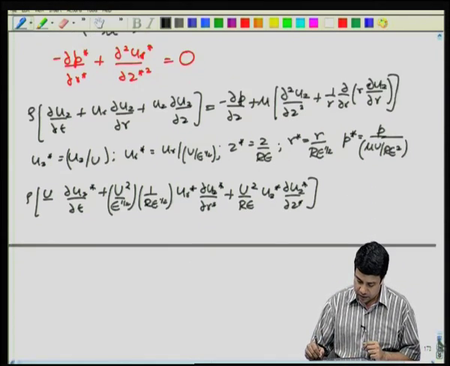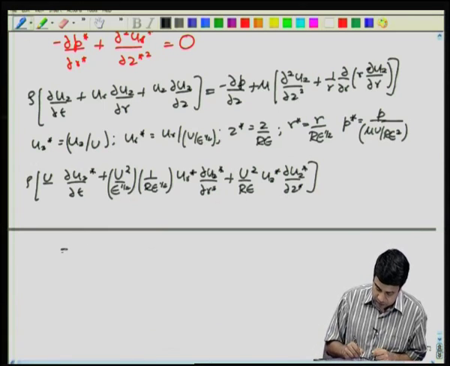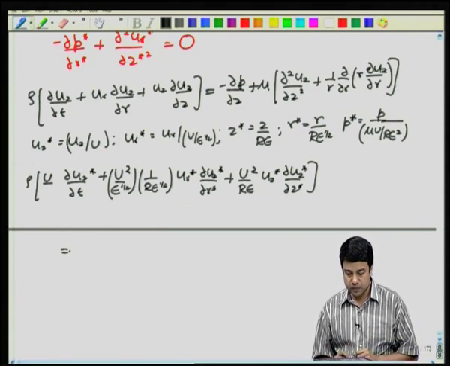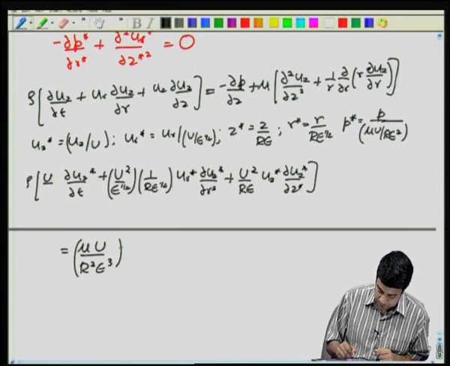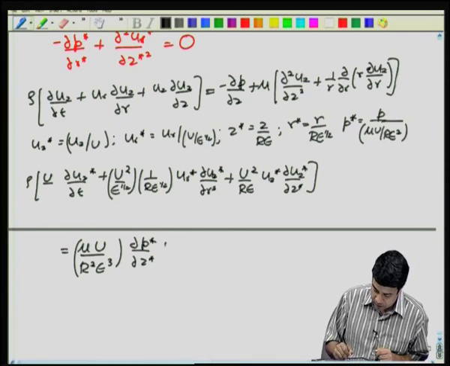The pressure gradient. Okay, so let us just write that here. The pressure gradient has mu U by R epsilon squared for the pressure, and there is a z in the denominator which gives me 1 over R epsilon. So, I get mu U by R squared epsilon cubed partial p by partial z, okay, plus